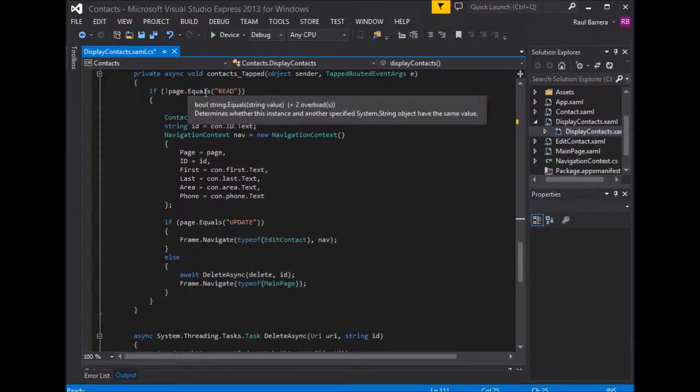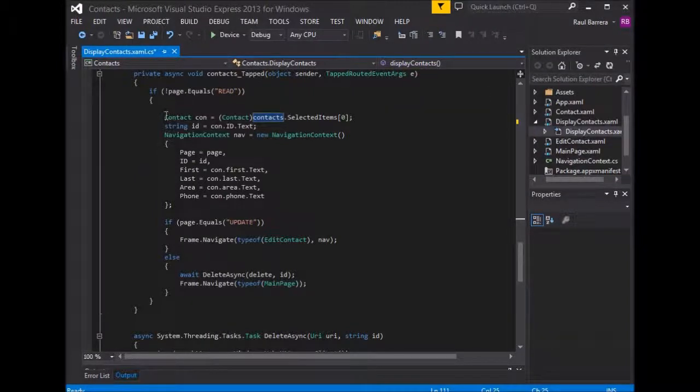But if you're not just reading, well then, what you do is you create your context and you get selected item 0 because you can tap on more than one, right? You can keep tapping on more than one thing, but you only want the first thing that was tapped because after we tap that one thing, we want to move to something else. Okay, so we're saying 0 because we want the first thing tapped. We're getting the ID of it,